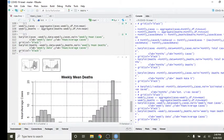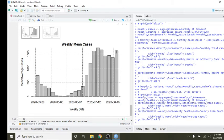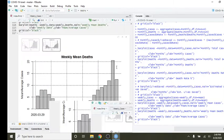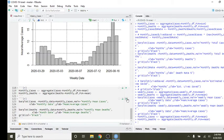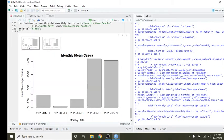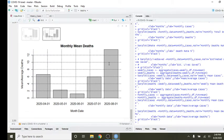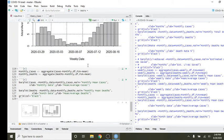Weekly and monthly cases and deaths pretty much report the same thing as the daily. Cases are still staying rather high. Deaths have spiked, but this will probably wind up about an average of 15 a week here. The average number of cases by month, so August will certainly catch July, and already has surpassed both April and July. So if there is good news,